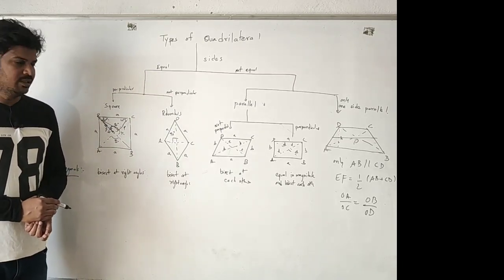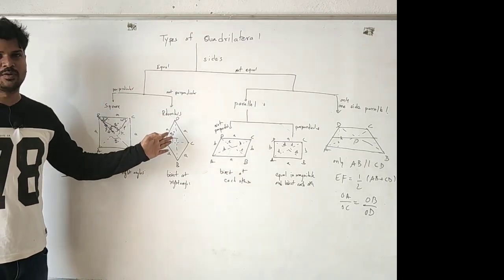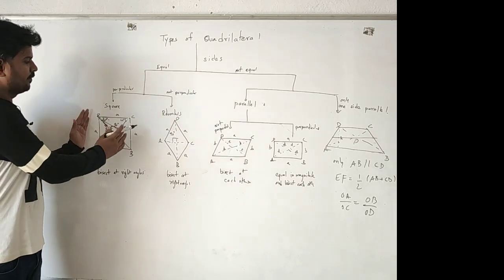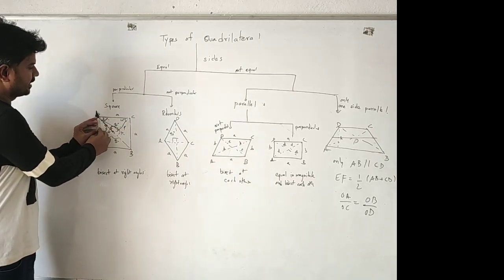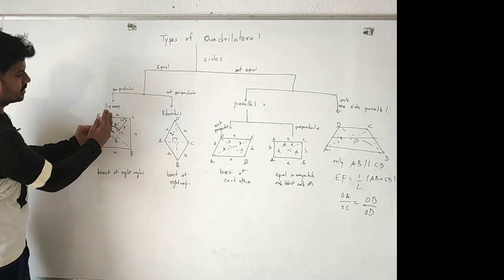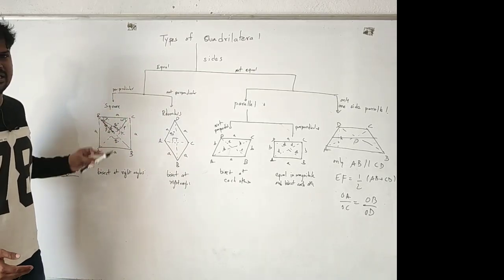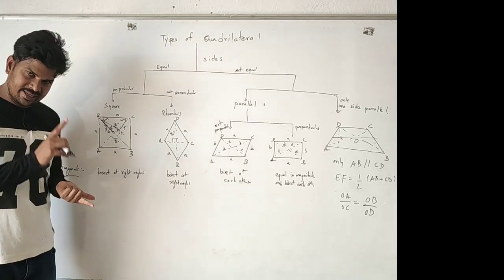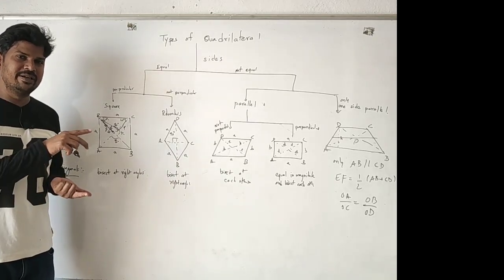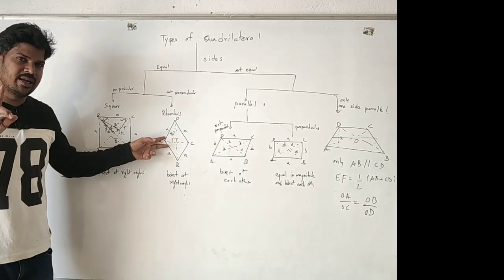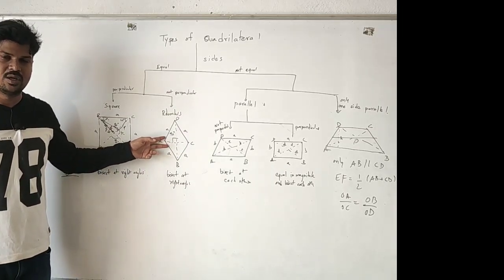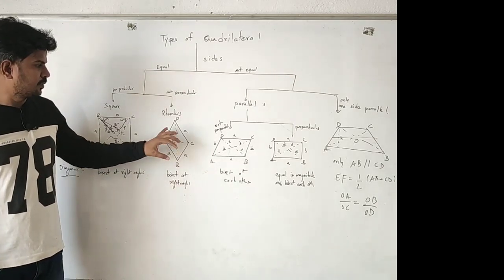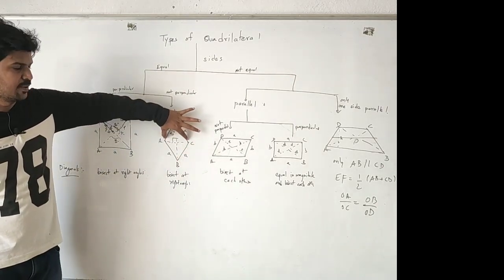Got it? Next, go for the rhombus. What is the difference between square and rhombus? Square is a perfect shape. If you tilt this side and this side, just move it like this, then it becomes a rhombus. So in the rhombus, all sides are equal and the angle between 2 adjacent sides is not 90 degrees. Inside, obviously the lengths of the diagonals will not be the same.